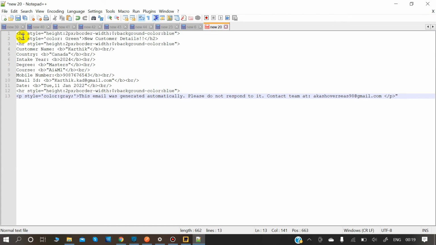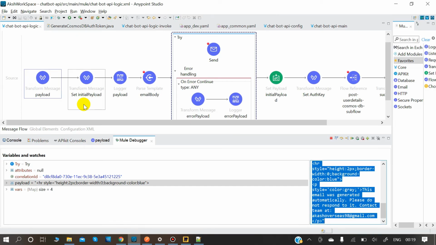See, this is how we are creating an HTML page where we are giving the background color, what should be new customer details, it should be of tag h2, the height, color, everything. In customer name, as you all can see, it was able to dynamically add values here. In Canada, see in the intake here, it was able to add 2024 degree master. So you saw that mule expression, right, that I showed you previously. So this is how it dynamically enters value into it because of this parse template.